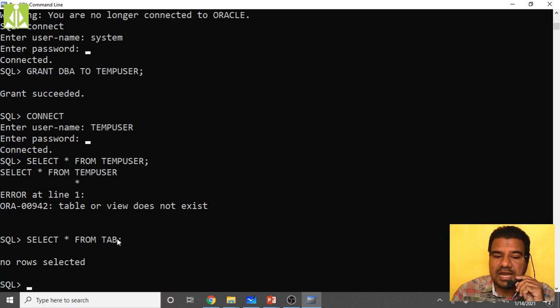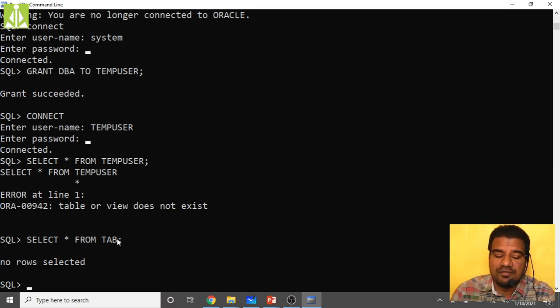So now which user are we inside? We are inside temp user. Can we delete the temp user now? No, it is not possible. It is like sitting on a branch and cutting that same branch on which you are sitting. If you try to delete this temp user, you're cutting the branch you are sitting on, so we have to avoid such a thing. First of all, come out of that user before deleting it. And how can you come out of that user? Simply connect to your default administrator.